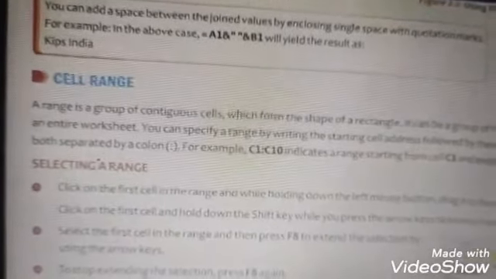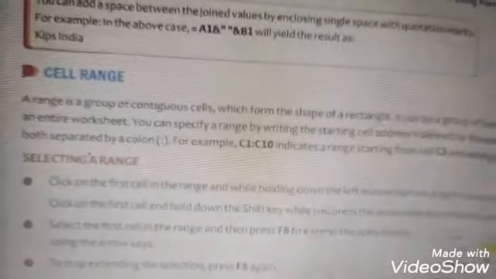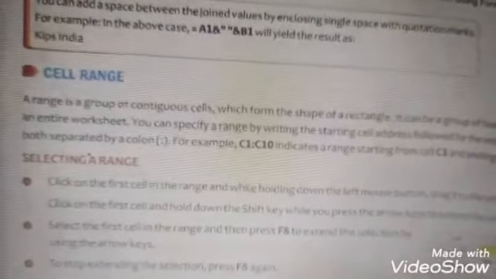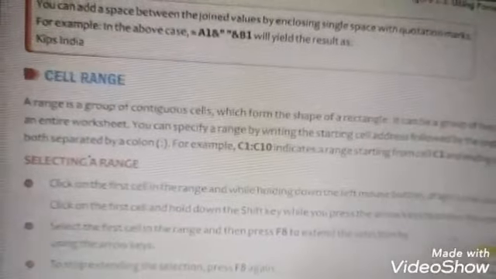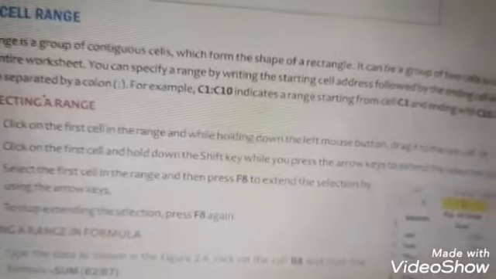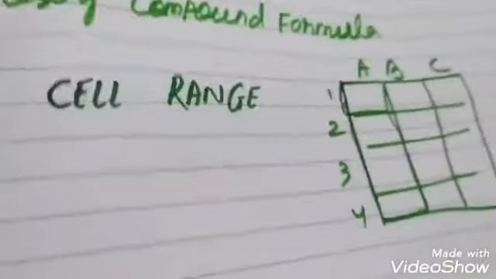Just see the example given: C1 colon C10 means it starts from C1 to C10, indicating the range from C1 to C10. Now on the paper I am showing you, just look here.